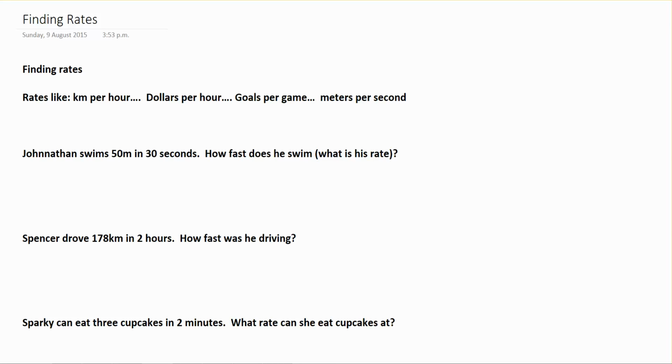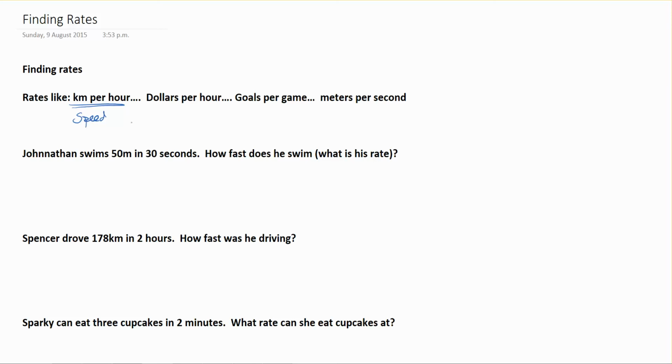So now we're going to be looking at finding rate. Rates are kind of familiar to us. We use them all the time, and you probably just aren't aware of it. But when you're driving in the car, you might be thinking about the kilometers per hour, the speed that you're traveling at. So again, that idea of kilometers per hour is the rate of how many kilometers you can travel